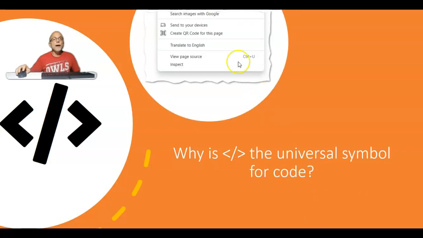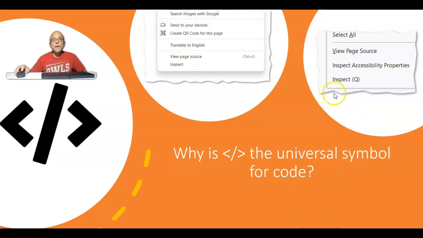The menu will have, towards the bottom, these words, view page source, or maybe your menu might look like this, view page source. If your browser does not give you the option to view page source, then maybe you need to use Chrome or Firefox, some browser that's actually kind of friendly to people who want to make things. Just saying. So if I go to view page source, you're going to get a new tab,